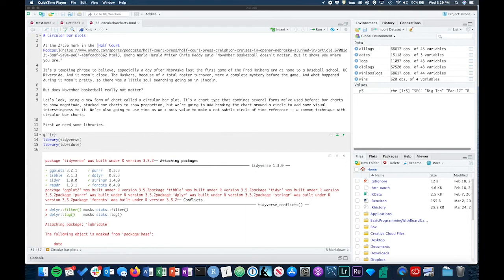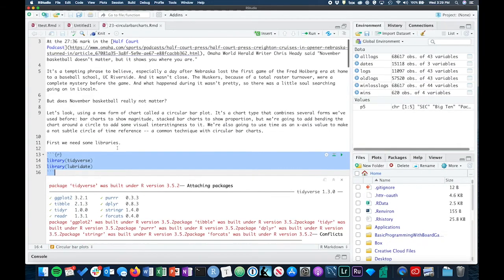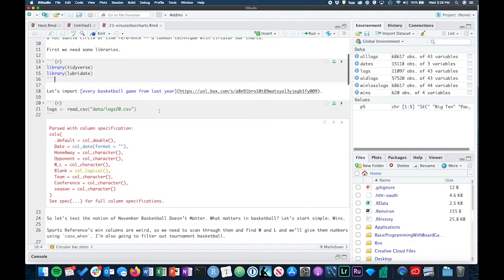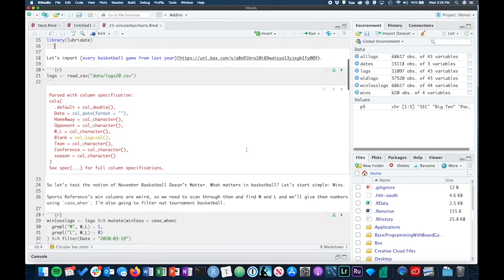So I'm going to load up two libraries here, Tidyverse and Lubridate. And Lubridate is a library that makes it easier to work with date formats, and I'll show you why that's important here in a second. So load those up. I'm going to load up all of the data from the 2020 season here. And I just noticed I should fix that in the book. So here is the 2020 season data through the end of the season,